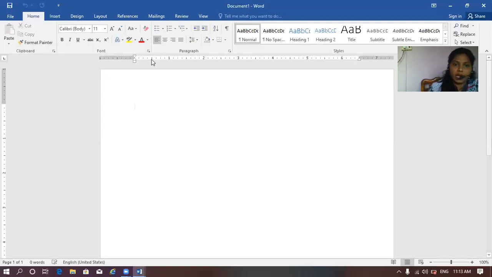Now the two bars present here are called rulers. The ruler is divided into two things. As we take the margins for the manual paper, in the same way we take the margins for the Word document also. For that reason, it is divided into two categories. One is vertical and another one is horizontal, where the horizontal is on the top of your document and the vertical is on the left side of your document.